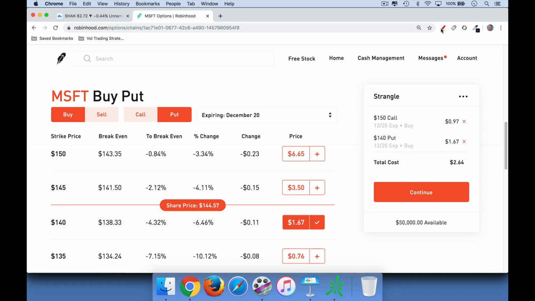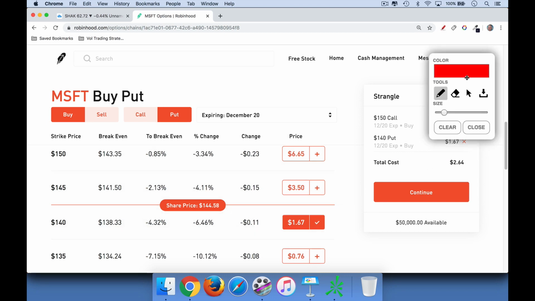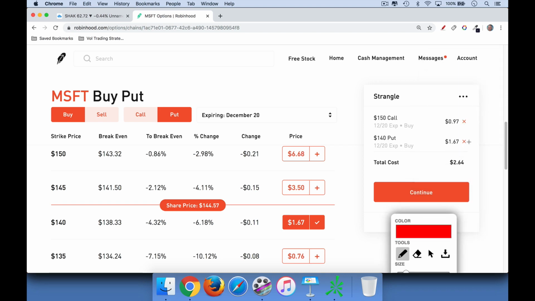Now you can see that the cost of both of these is going to be a debit, and that debit is $2.64, so $264. So you can see that again the stock's at 145, and then we're going to be buying the 150 call above it and the 140 put below it, and you can see it costs $2.64. Then to continue this trade, you just press continue, and you can execute the trade, and you'll be long